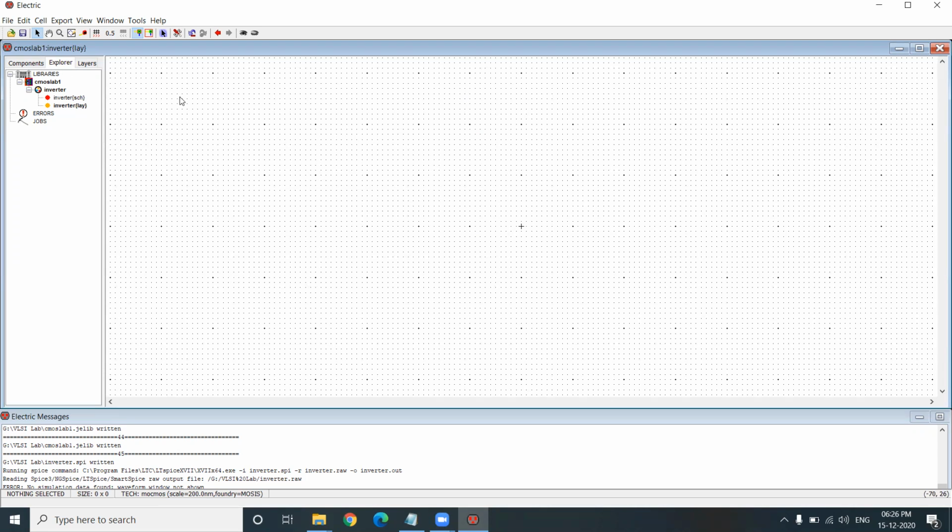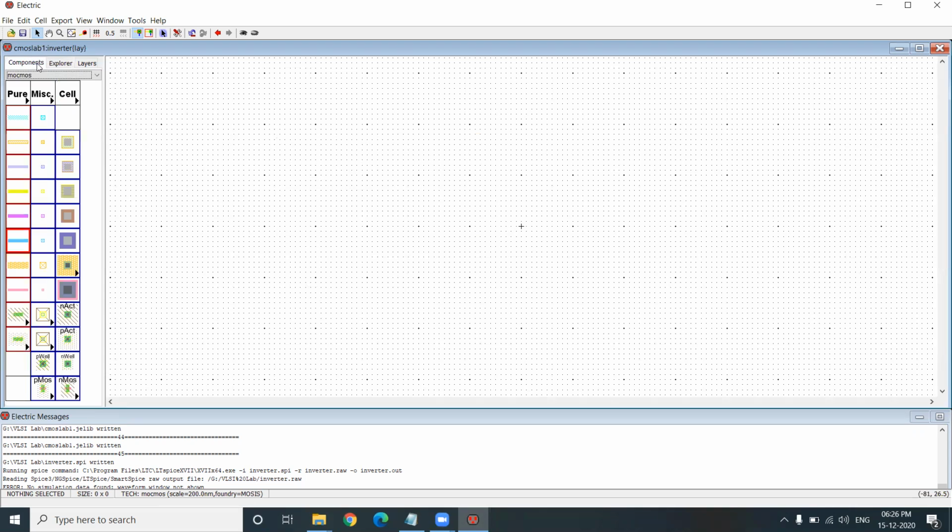Now we have to draw the layers for the CMOS inverter. In the components, I can see the components have now changed. They are not in the form of symbols anymore; we have them in the form of layers. And for layout,